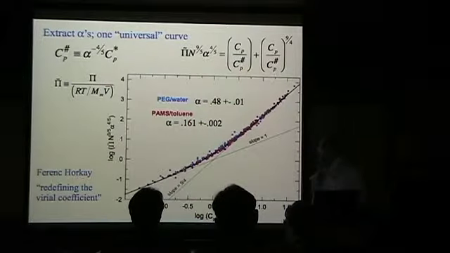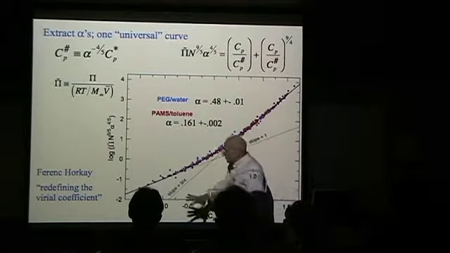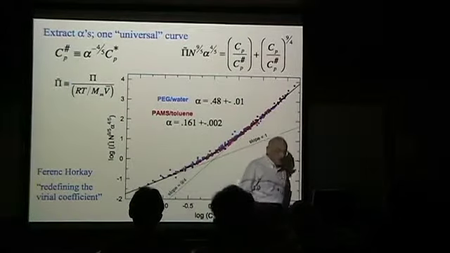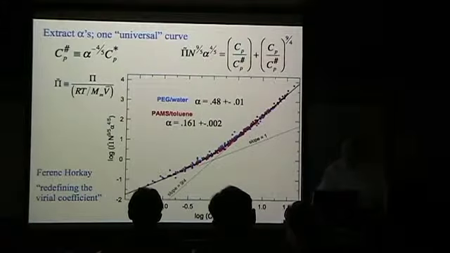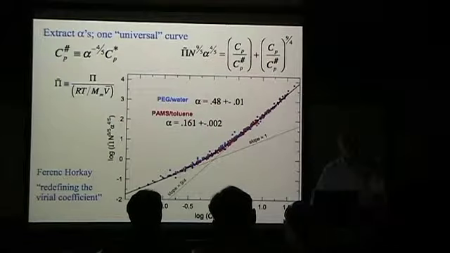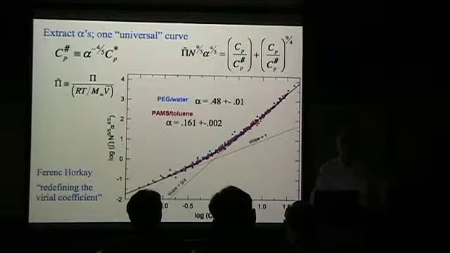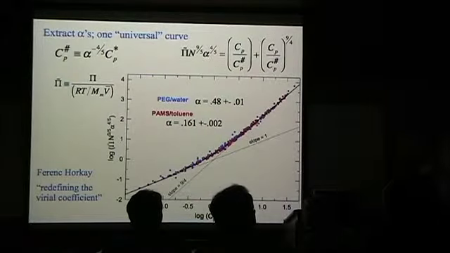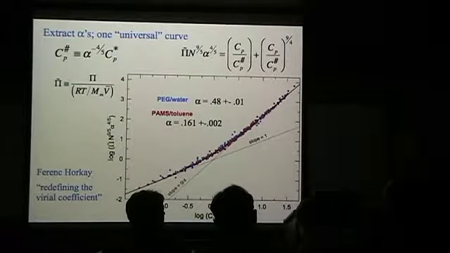I don't know why Ferencz thought this was so neat. He called this redefining the virial coefficient. We can have a conversation about that. But basically, you don't think about virial coefficients anymore. All that stuff you really secretly hated. Remember virial coefficients, and then they went wrong anyway. Forget it. You just put the right answer in at the high concentration, and everything fits together very nicely.